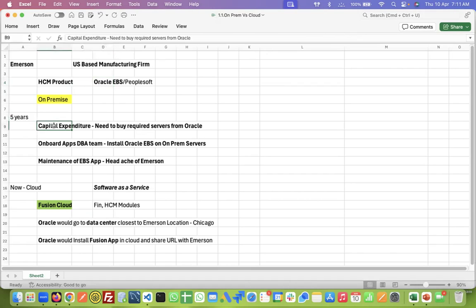So Emerson would go to Oracle, and it needs to buy those required servers from Oracle, doing that capital expenditure. After Emerson makes a payment to Oracle, Oracle will ship those servers. Emerson would receive those servers on premise, on its location. After that, Emerson used to onboard the Oracle application DBA